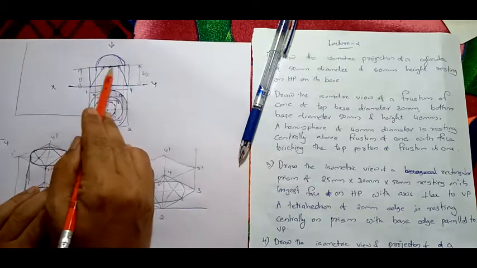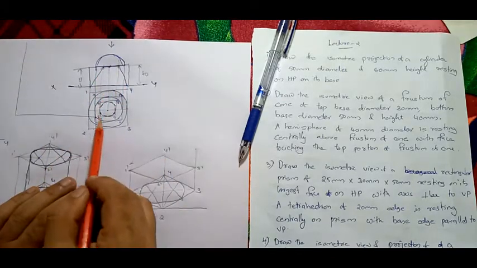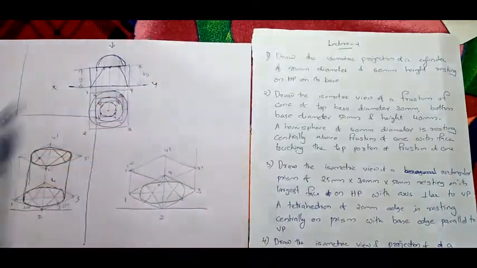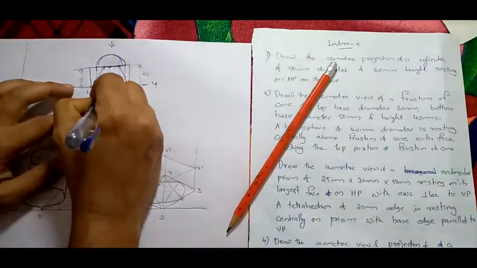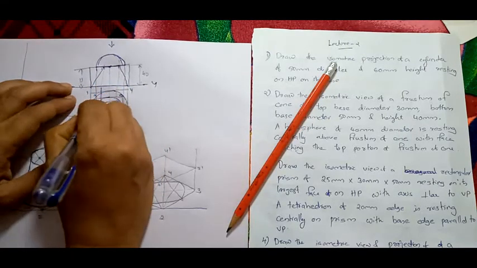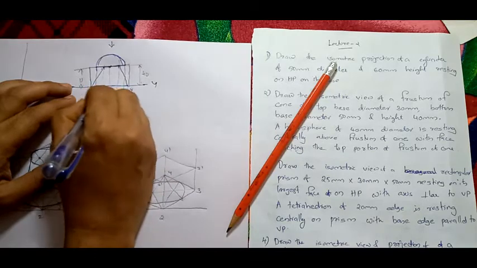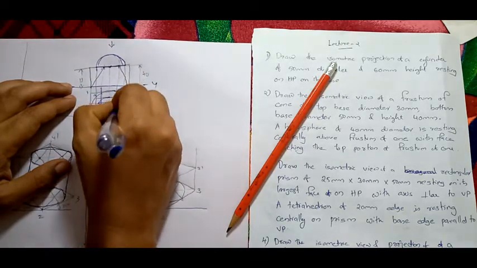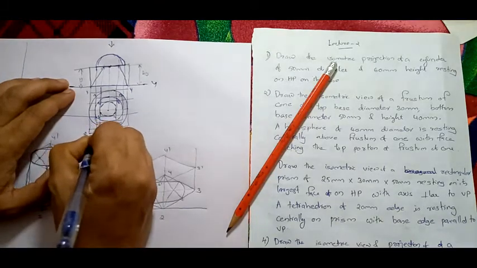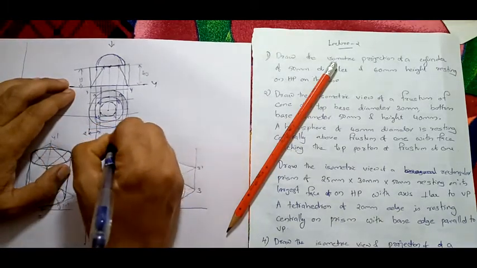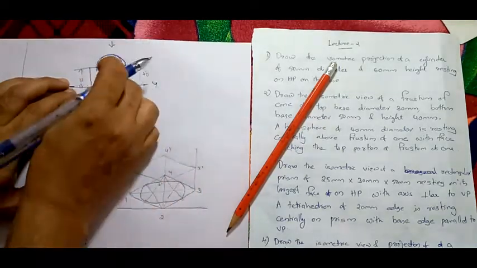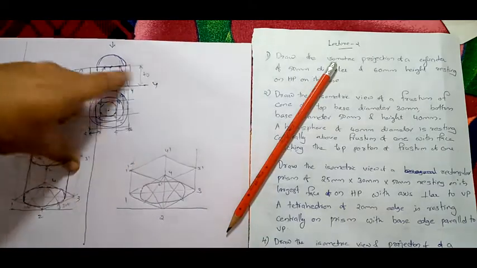Now top is what, 30 mm diameter, that is 5, 6, 7, 8. You have to draw 5, 6, 7, 8 here. How to draw it? Now see, listen very carefully. What I am going to do is, I am extending this line. I have extended these lines of the 5, 6, 7, 8 square, right? So take this distance. Basically these distances will be the same, right? This distance, this distance, this distance, all these distances will be the same because it is a square.